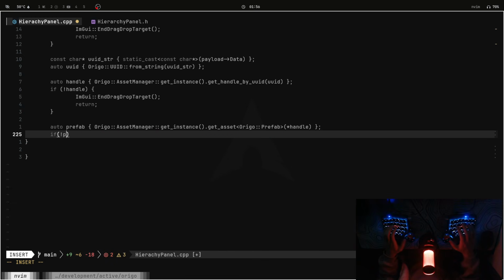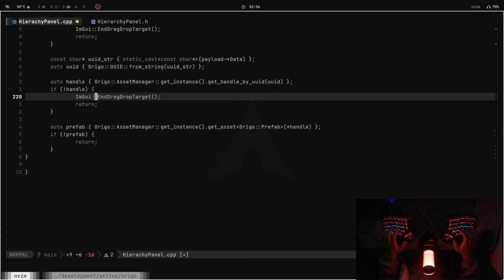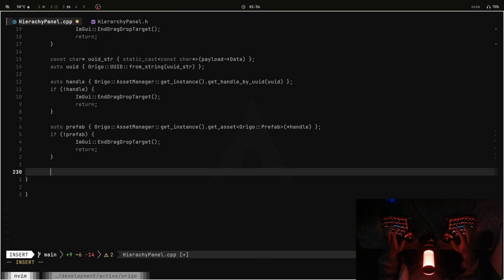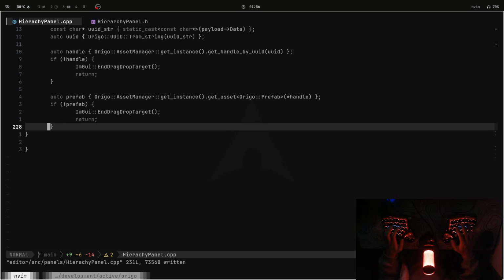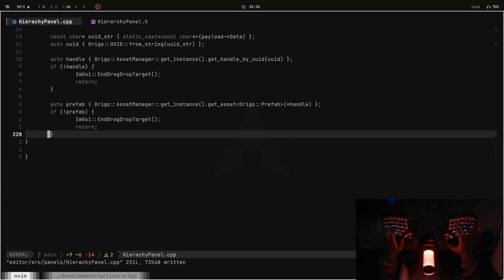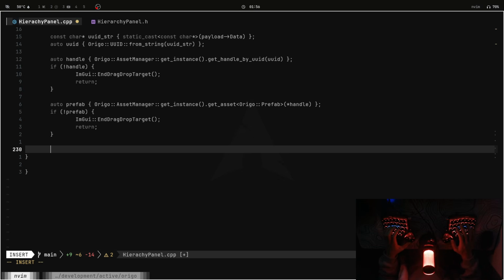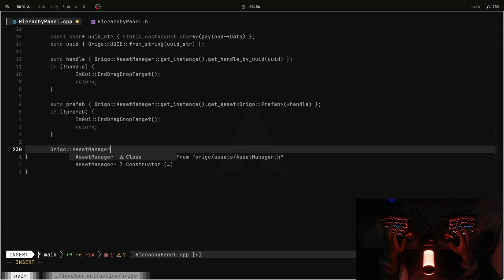But this also isn't ensured that it's a prefab. Because I don't know, we could be dragging a material or something into there. So if it's not a prefab, we will have to do that again. But when all of these cases pass, we can be sure we have a prefab, so we can finally create an actual asset. So let's go to the asset manager, or no,